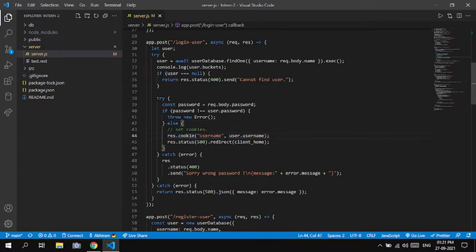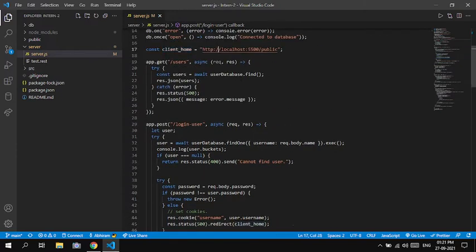After setting the cookie, it will redirect to the client home. Client home in the sense the same link, because after redirecting,